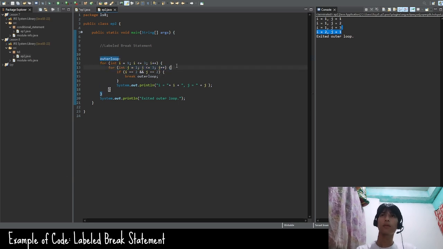mag-exit siya or magbe-break yung outer loop, which is here pag na-meet niya yung condition, and yung condition na yun na nilagay natin sa if natin is I is equal to 2. So if I is equal to 2, or next nito is I is equal to 2 and J is equal to 2, which is also here, magbe-break yung outer loop. Now if we change that to 3 and 3, magpapakita yung